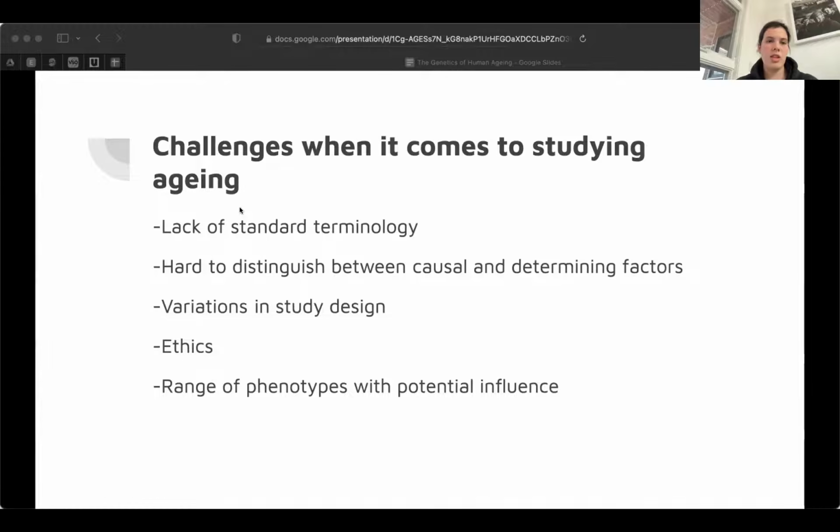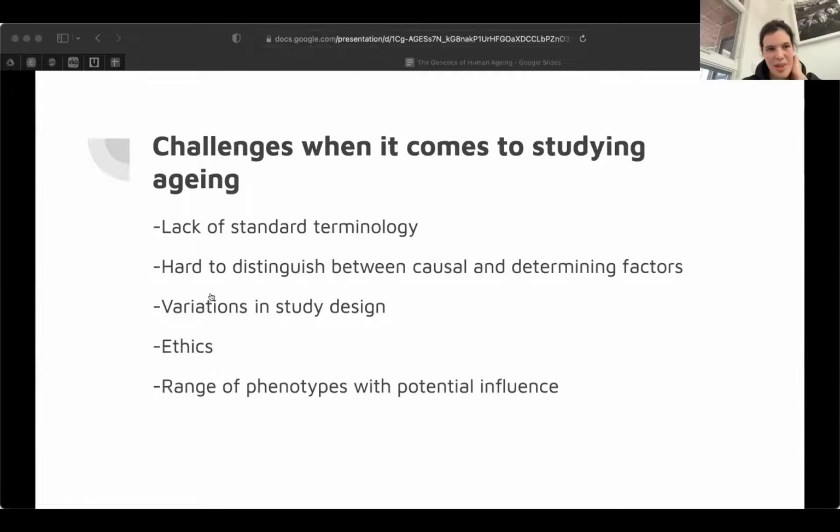But then finally, the range of phenotypes with potential influence on aging. This is an issue in our study today. They were able to focus on some of the big loci like APOE and LMNA, but there are so many potential factors that we don't even know about that could play a role in our aging and cell fate determination. So for GWAS style studies, something that has to be improved upon is selecting the gene and then looking at the phenotypes as a result of that. But hopefully this will improve over time with the improvement of understanding.